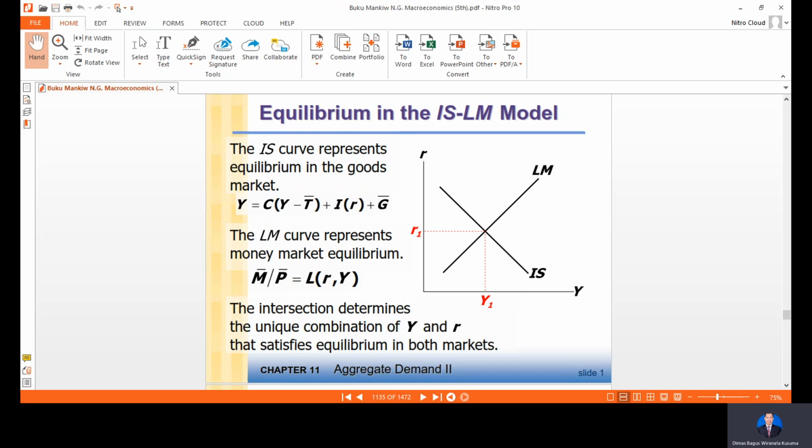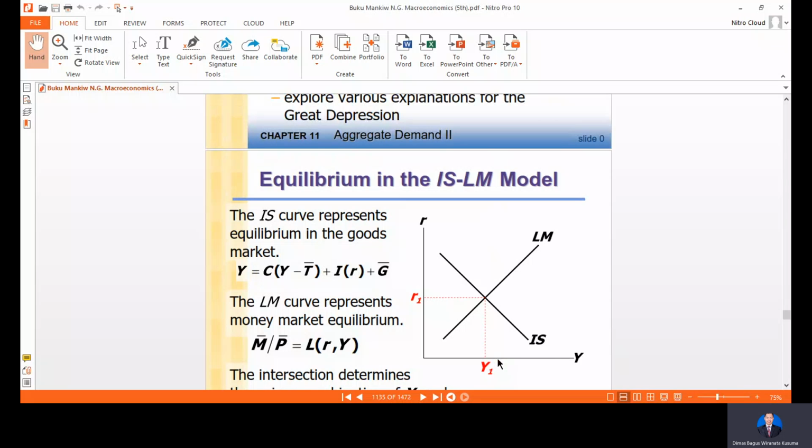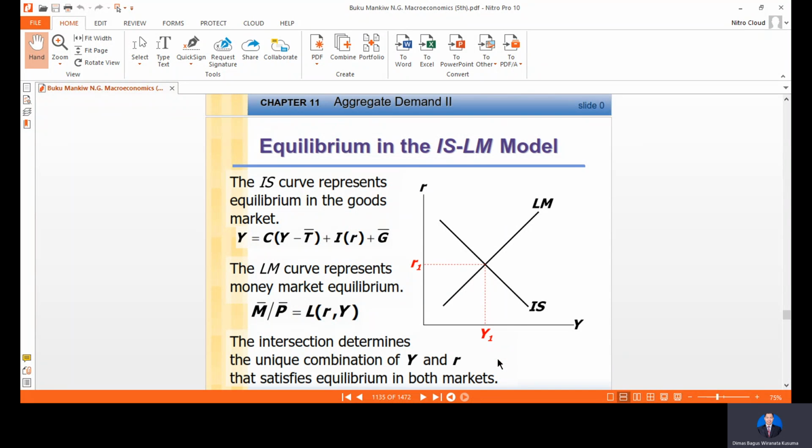So we are going to continue the discussion on aggregate demand 2. Last week you had learned about aggregate demand 1, and right now we try to focus a little bit more on aggregate demand 2 by looking at the equilibrium in the IS-LM models. If you recall, last week we had learned about the IS curve that represents equilibrium